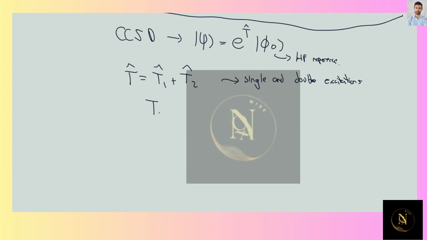The T1 operator is going to be equal to the sum over i, sum over a, where i are occupied and a are virtual orbitals, of certain amplitudes that we're going to solve for in the coupled cluster method, times the excitation operator